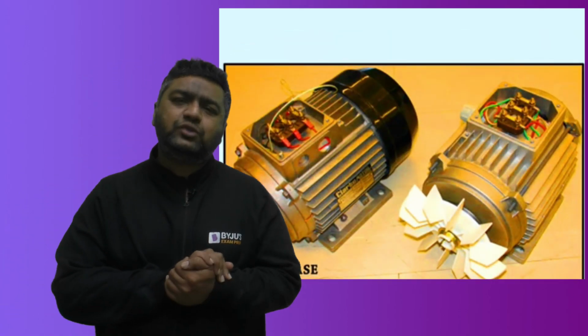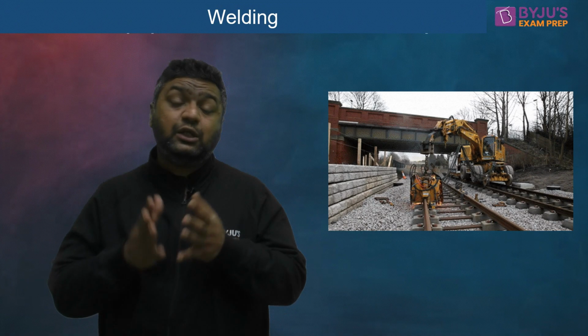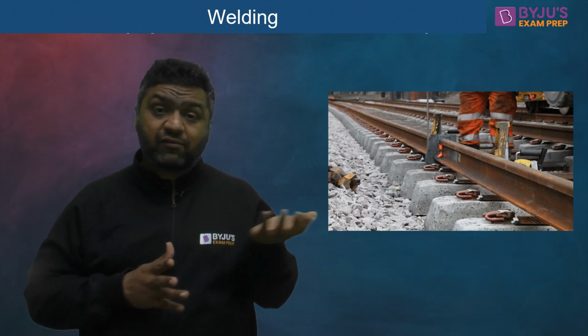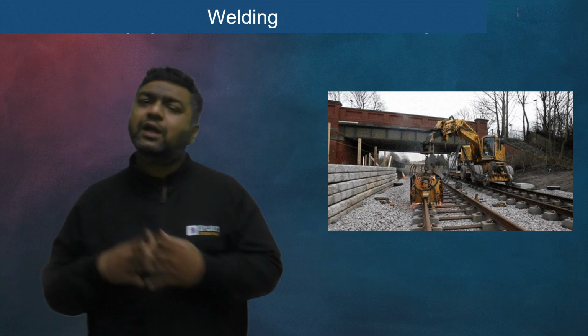Then we will come to the next process, that is the flash butt weld. Till now, whatever processes we have seen in resistance welding are used for making the lap joint configuration. But resistance welding can also be used for the butt joint configuration. Flash butt welding is one example of that, which is used to join railway tracks in developed countries, because in developing countries like India, we are using thermit welding